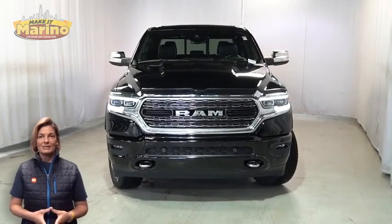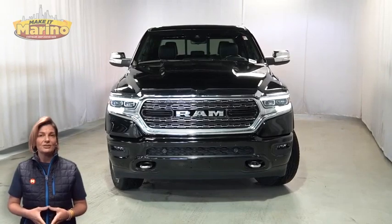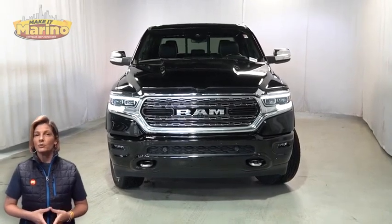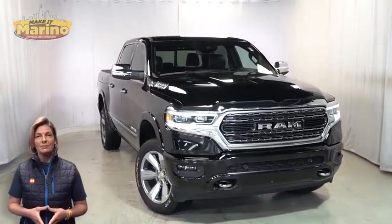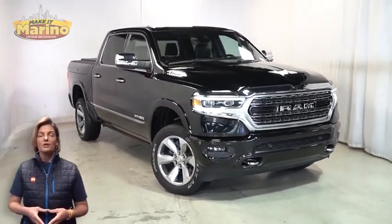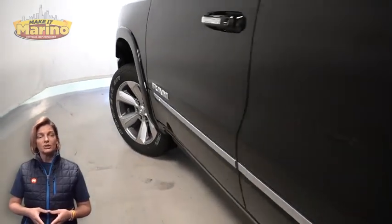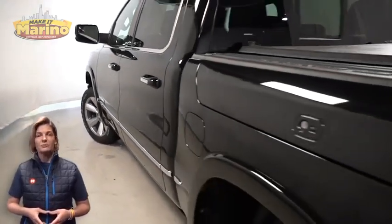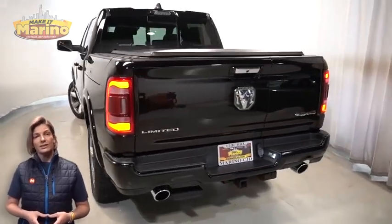Power, performance, capability, and capacity allow you to take this on new challenges and adventures. Take a look at this 2022 Ram 1500 Limited Crew Cab in Diamond Black Crystal Pearl. With HID headlamps, front fog lamps, 22-inch aluminum wheels, power heated mirrors, blind spot and cross-path detection, LED tail lamps,